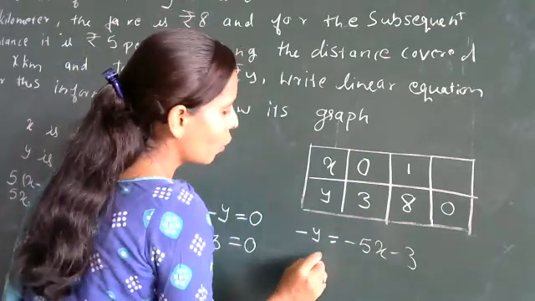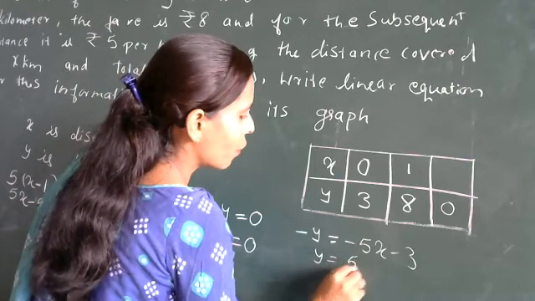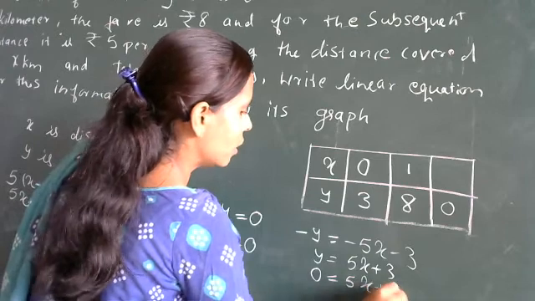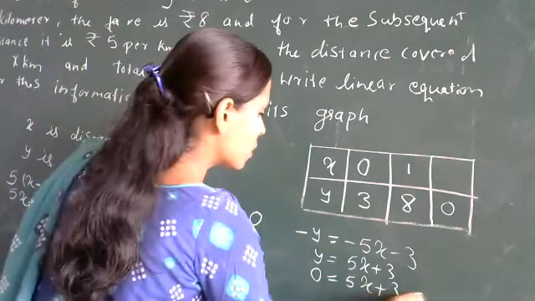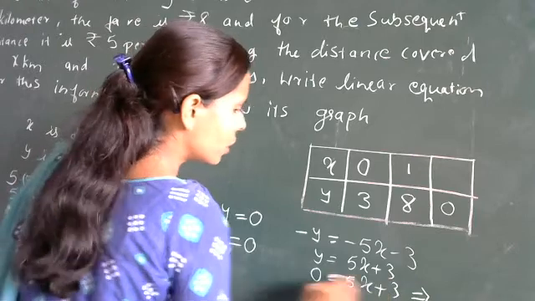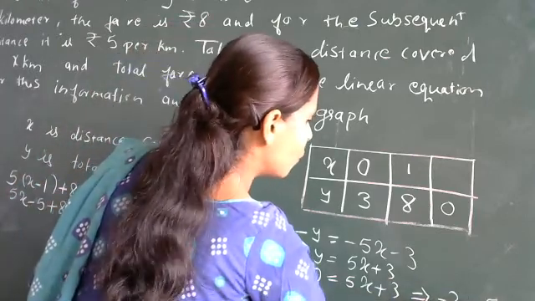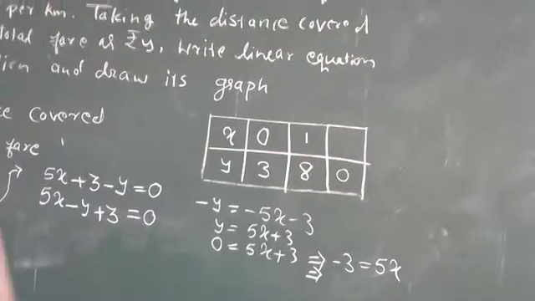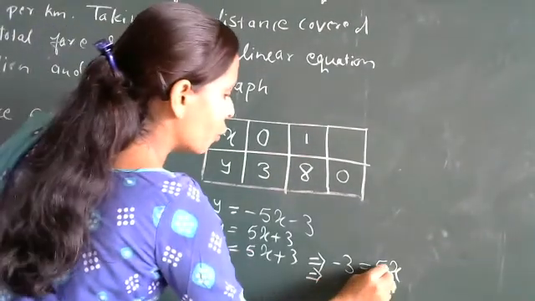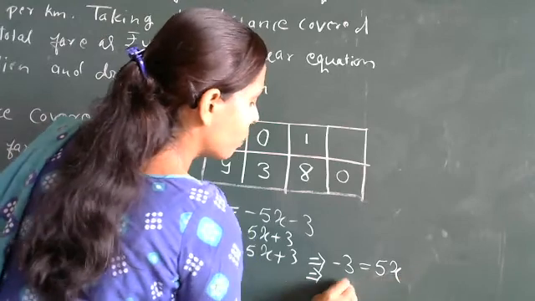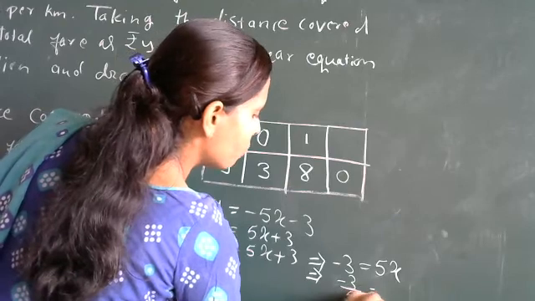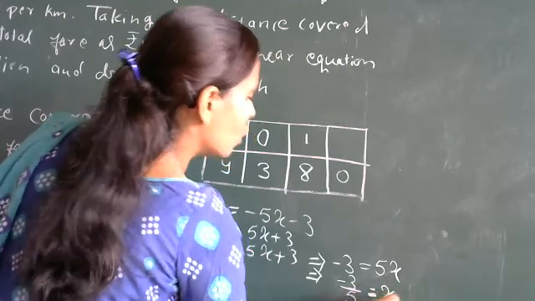So here when you take the value of y, we are having that equation y is equal to 5x plus 3. When you take this one as 0, it is 5x plus 3, right? So with this, what we have, you have to shift 3 on the other side. Minus 3 is equal to 5x. So what we will get? So here, when you solve this, you have to shift 5 on the other side. On the next step, you can see that. Minus 3 upon 5, you will remain with x. So this is the value of x.